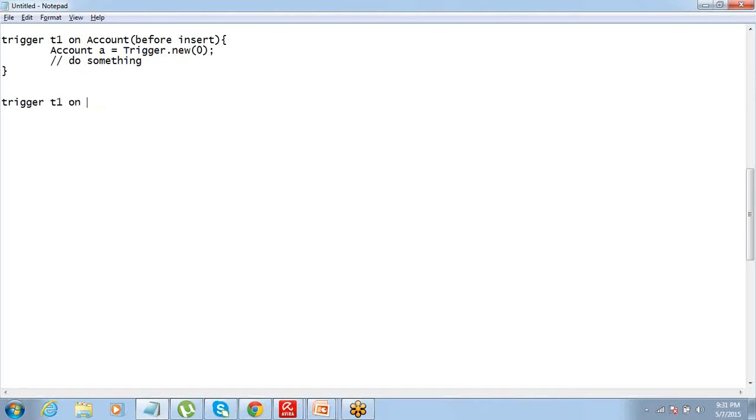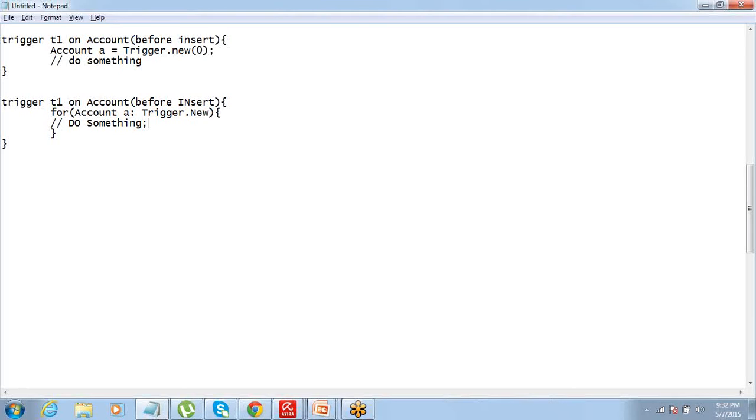So it should be written the way we have written our triggers, inside the for loop statement. So this will write my code for the entire set of records, for the entire trigger.new, right?